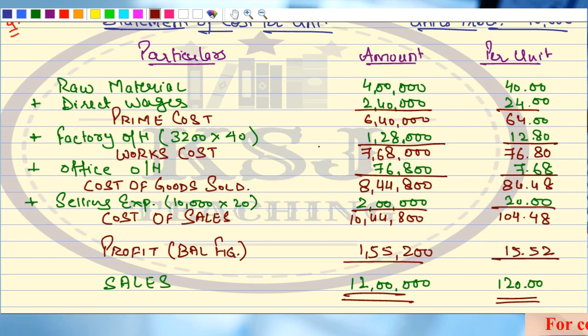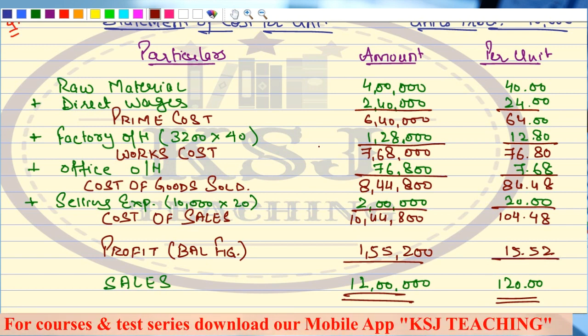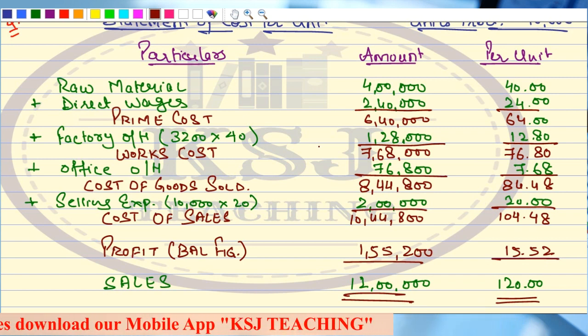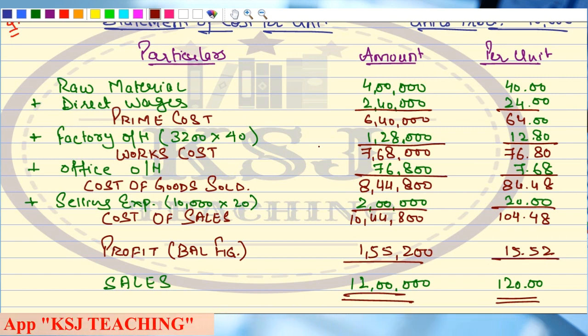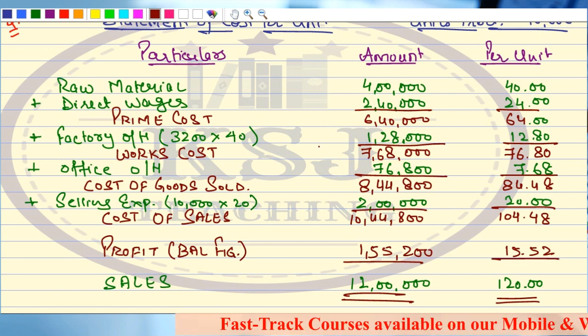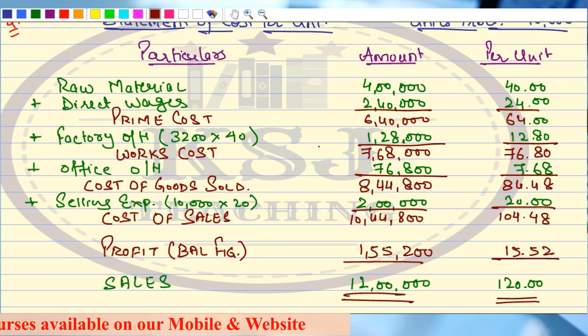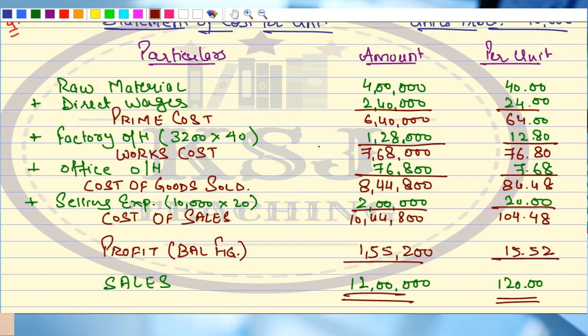Now this is a very simple question of unit costing. This might not be asked in the examination, or it might be asked in the examination, right? With a twist. The twist can be in case you are given that the number of units produced are different and the number of units sold are different, right? There can be addition of a few things, and you are required to prepare the cost sheet and find out the cost per unit, right? Such things have been asked and such things can be asked. It is a combination of cost sheet and unit costing. Any doubts? Clear?